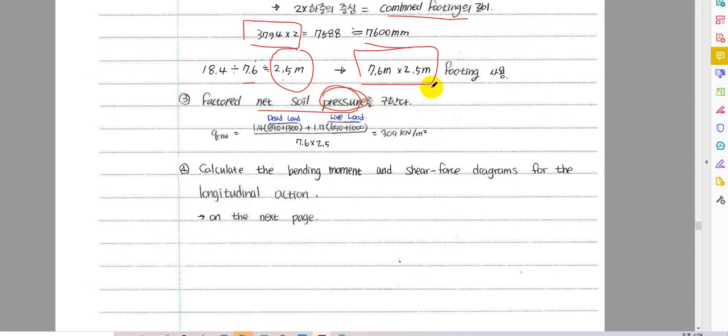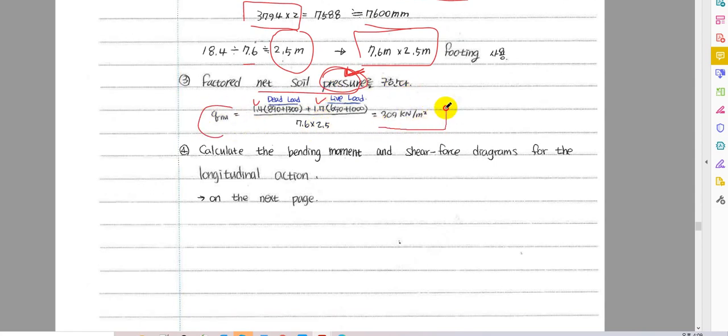Net soil pressure means how much pressure is acting on your foundation. Now, this is the enemy, isn't it? This is not a friend. This is the enemy. All right. So in that calculation, we need to consider a safety factor, which is provided by the load factors 1.4 and 1.7, so that your load pressure on the foundation is 309 kilonewton per square meter. Right, this is what we have to carry out to design the depth of the foundation and the